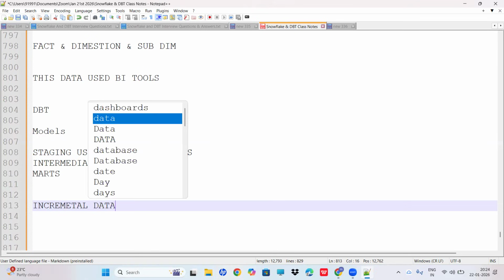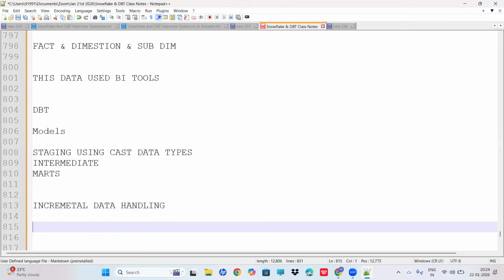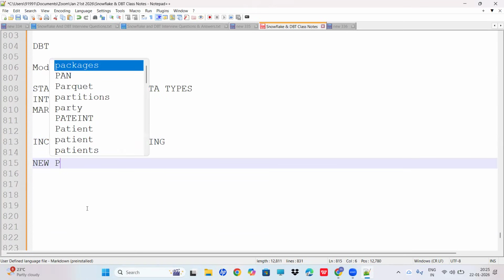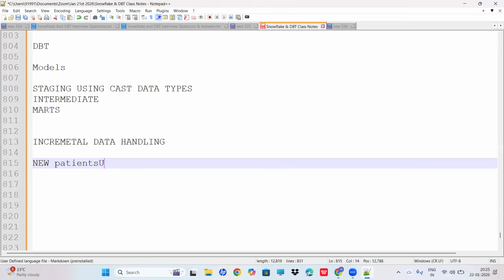So how are we going to handle incremental data? In Snowflake, using streams, CDC (change data capture), tasks, and the merge statement. Most of the data, which type of tables are we going to receive? New patients, then updated